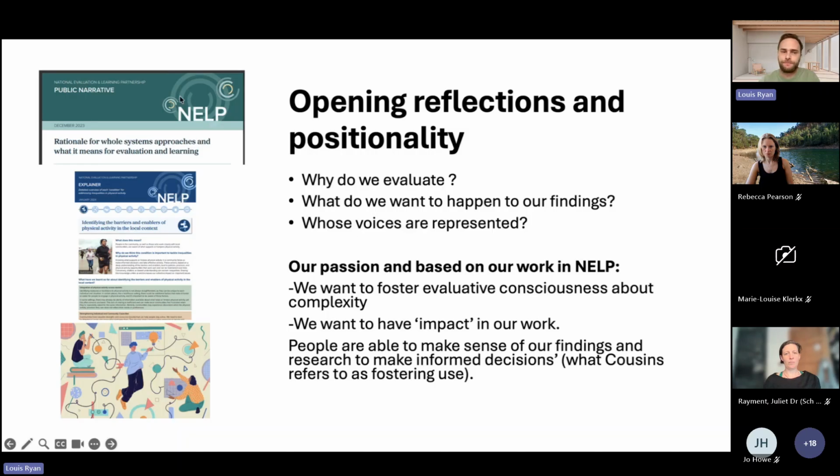And on the left, just to refer to the National Evaluation and Learning Partnership, some of the resources, which are later on in the slides and can be shared around, some of the public narrative and explainer documents that just give a bit more information in a way that we've tried to encourage for people that are non-evaluators to take part in this work